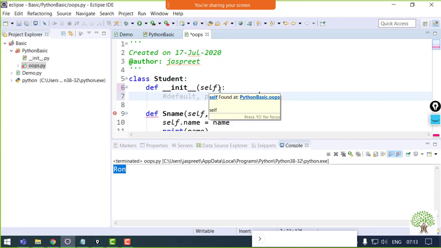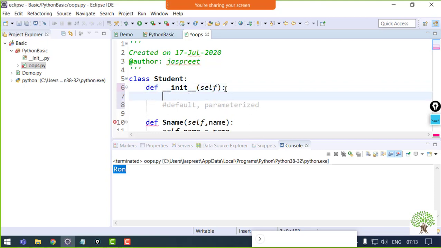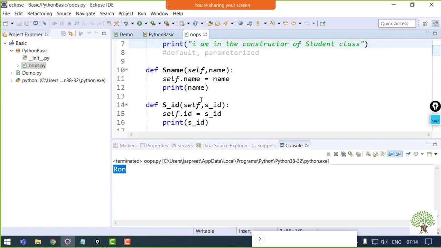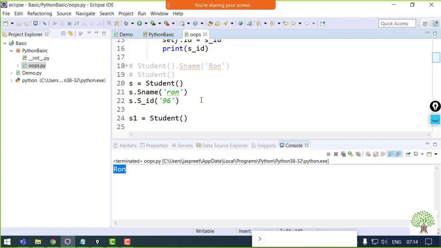We'll see both of them one by one. Over here, I'm going for the default one right now. So I'll take a print statement and say I am in the constructor of student class. Fine. So whenever I make an object of this class again, like over here I have made this s1, right?